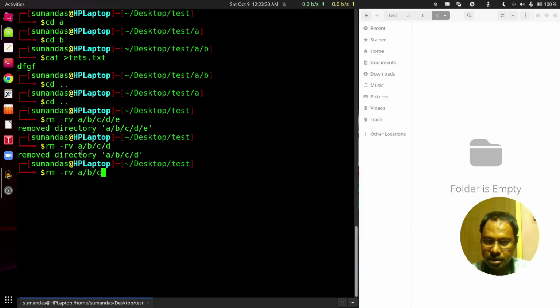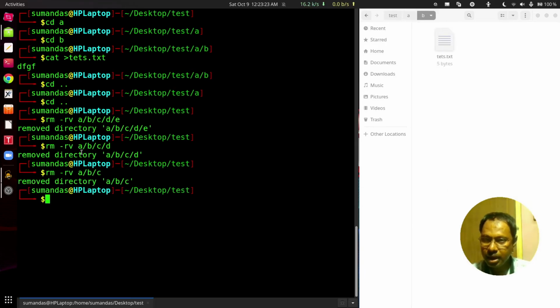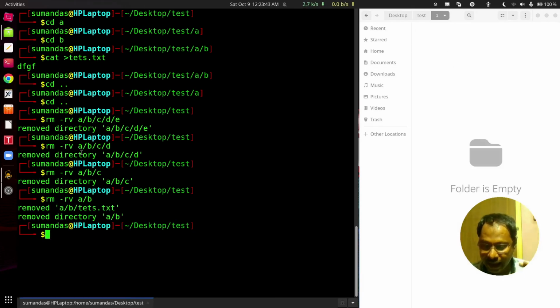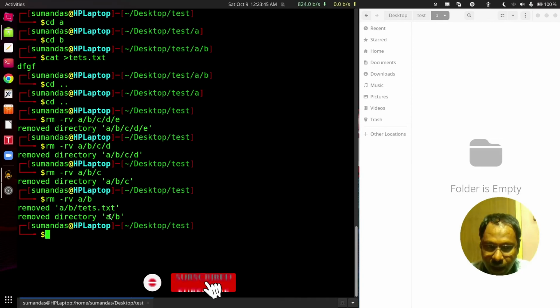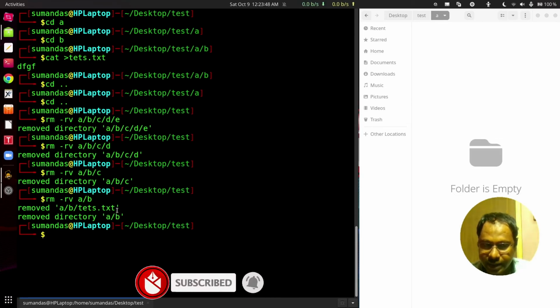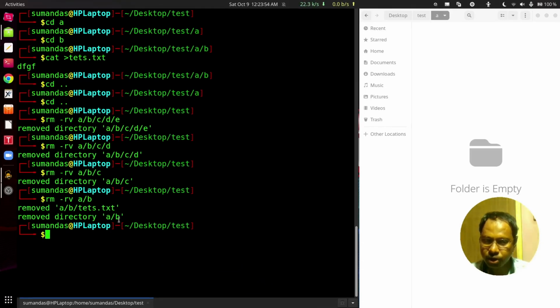Remove the C directory. C directory has been removed, and now the B directory. But the B directory is not empty. So press enter, and here we can see the test.txt file also has been removed, and also the B directory has been removed.